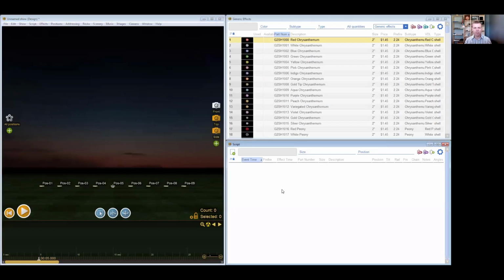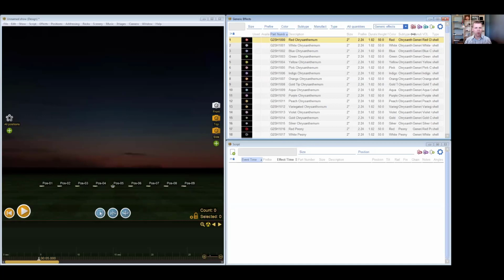Now let's look at some of the features in the effect window. So the first thing I want to note is the search box and the filters. We have 3 default layouts for the effects window. The first is the editing layout. You can see when I click that, you get different drop-down filters, lists of filters here at the top. And you get different columns displayed, and the columns displayed are specifically keeping what someone editing effects might need while